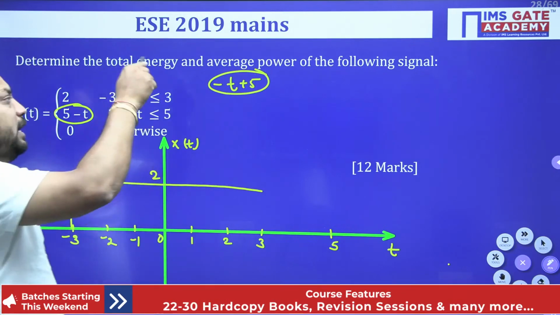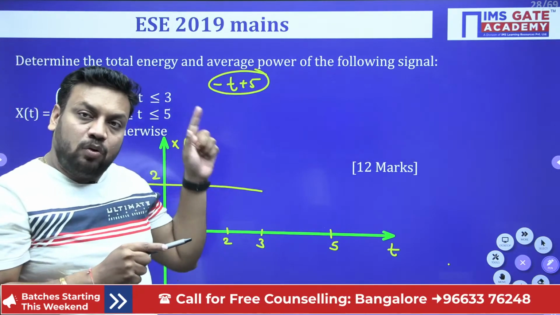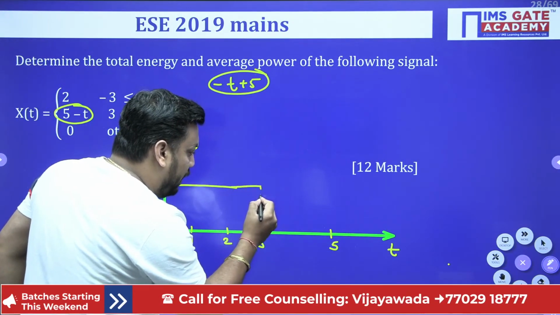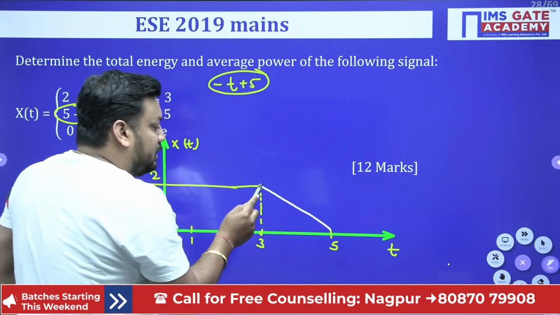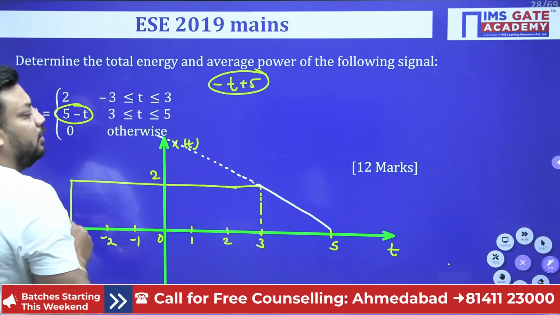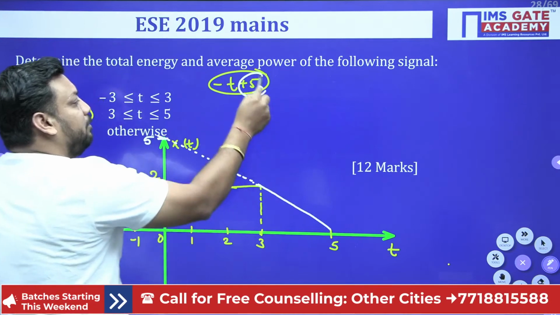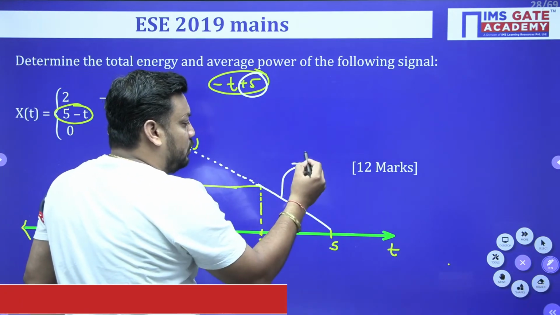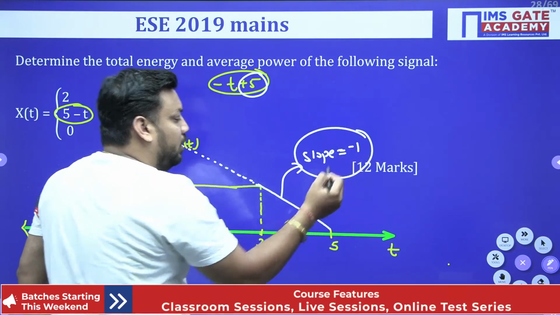Now you have to check, dear student, here minus t plus 5. Because the slope is negative, we have to make a decreasing ramp line, just like this. When I extend this line in this direction, it will definitely intersect at plus 5. That is why it is minus t plus 5. Even you can check if this line maintains the slope minus 1, then